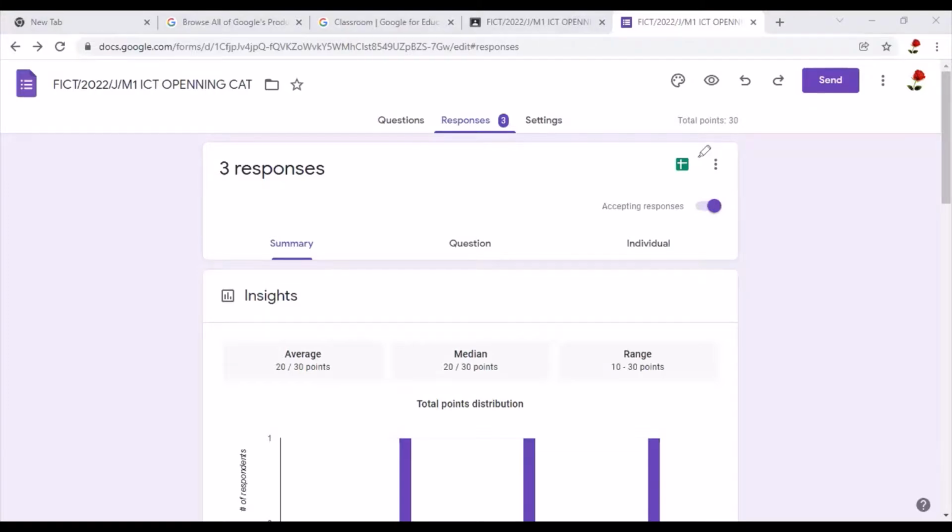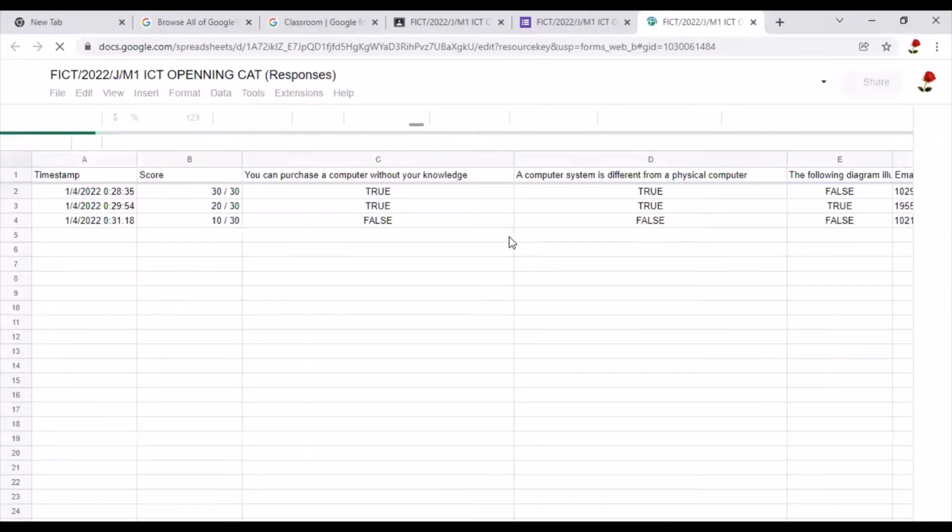And remember, for you to do that, you click on this button here, just as I explained. So what you do is you click on that button to see the students' answers, as you can see, in form of an Excel sheet,